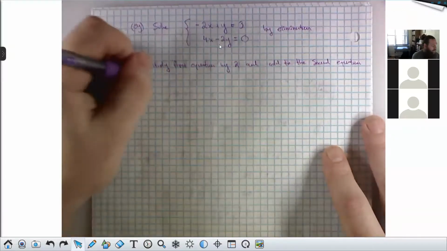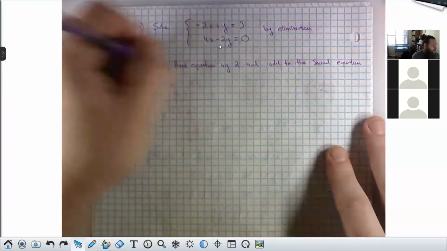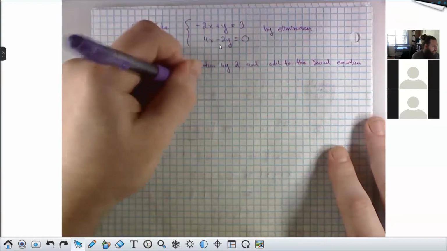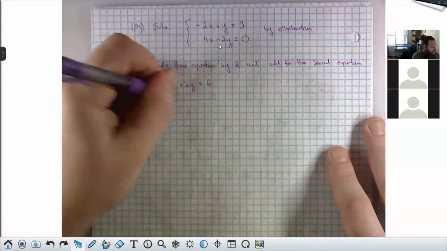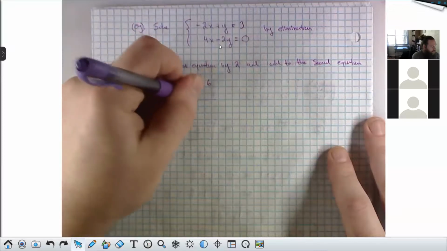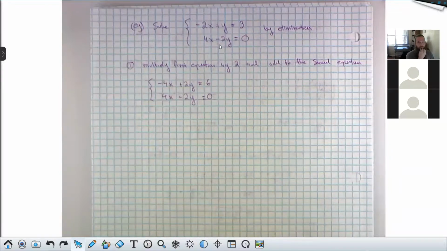When I multiply by 2, that first equation becomes negative 4x plus 2y equals 6. And the second equation stays the same. It's 4x minus 2y equals 0. And now if I add these,